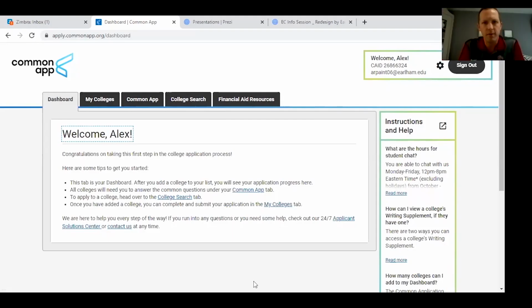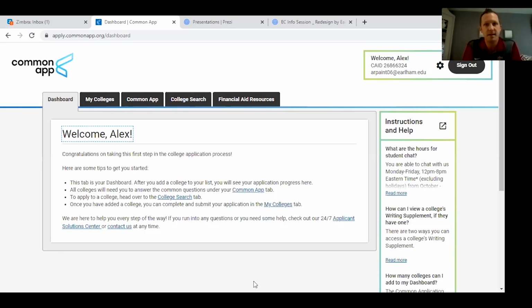All right, so the first step to applying to a college, any college actually, is to figure out what application platform the school utilizes. So in the case of Earlham College, we have two major application platforms. The first and the most common one, where I would say between 90 and 95% of our students ultimately apply through, is Common Application. Common Application is truly a really wonderful resource for prospective student athletes